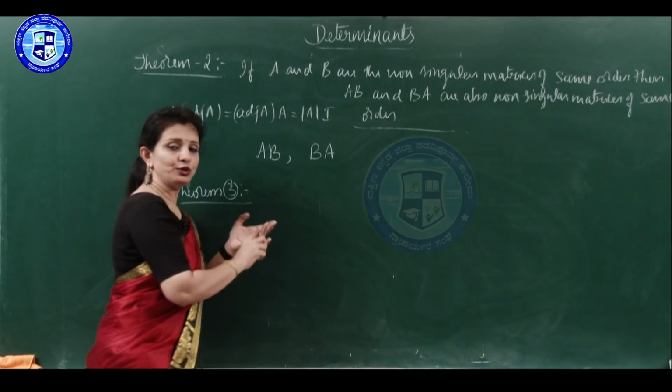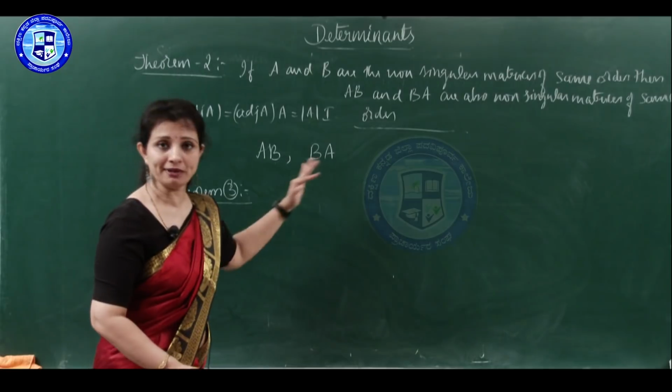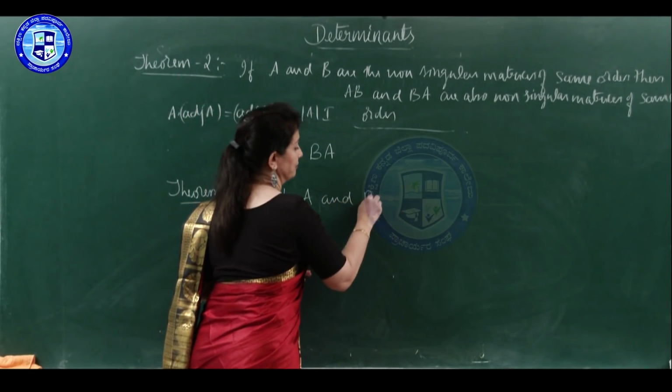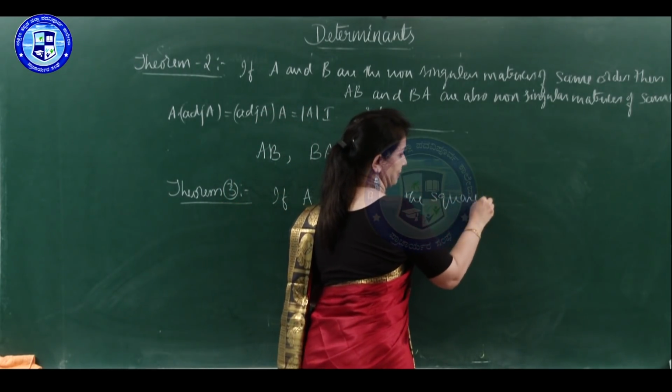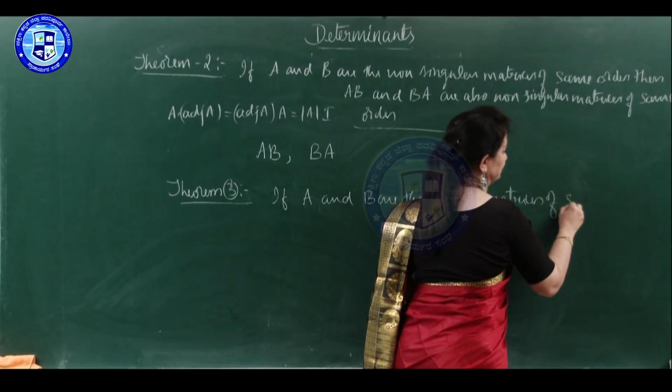If A and B are square matrices of the same order,